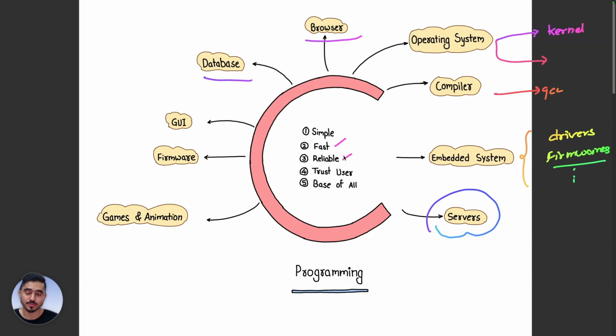And it is the basis of all the programming languages. Programming languages like C++ and Java inherit a lot of syntax from C programming. In fact, C++ is an extension of C programming. So in summary, the C programming language is the simplest programming language to understand, and it is a highly used, highly efficient, and scalable programming language.